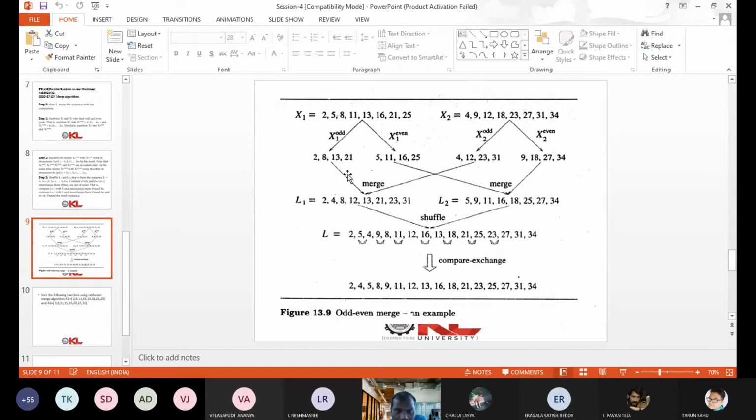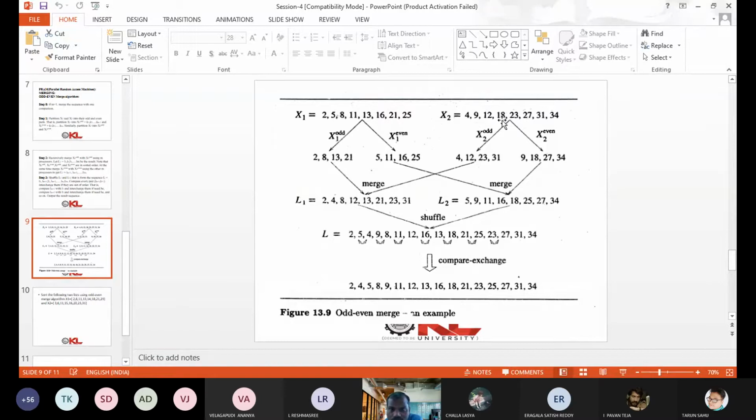So that is x1 odd. Similarly, x1 even is the elements which are available in the even positions of x1. So that is 5, 11, 16, 25. So got it?